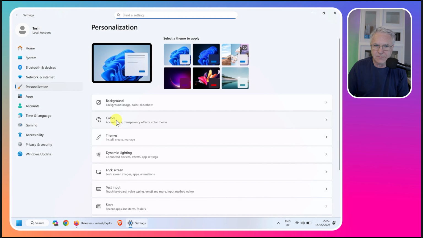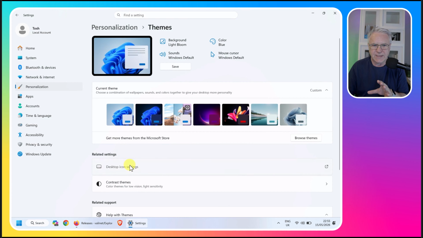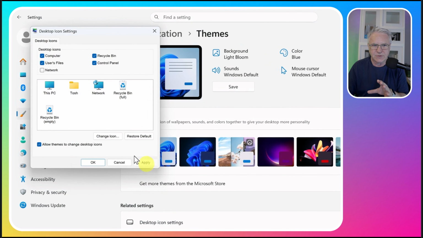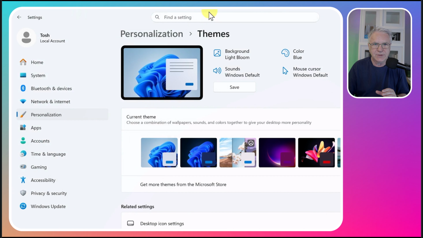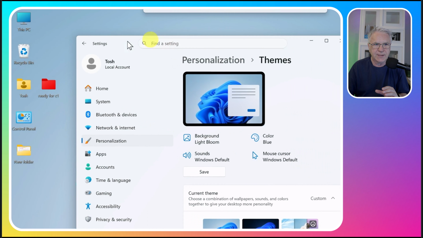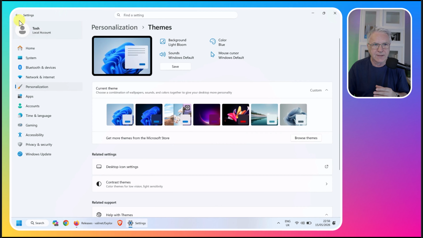By the way, if you're doing this for the first time, you might also want to go to themes, because in themes you can add these icons to your desktop, which you may not have done yet, but you can add computer, use it, and all that kind of stuff. And that's useful, as you can see here. When I move out of the way, I've got my PC, got my bin, got my control panel, my Tosh folder. It's really, really that useful. Going back to what we said,